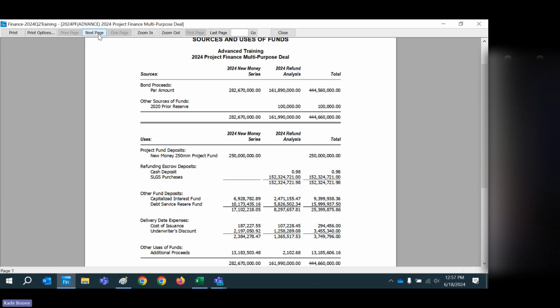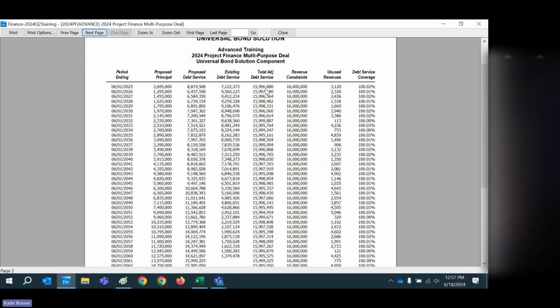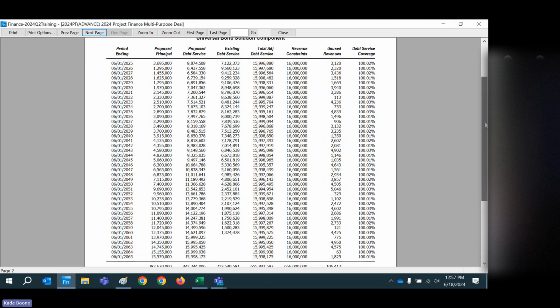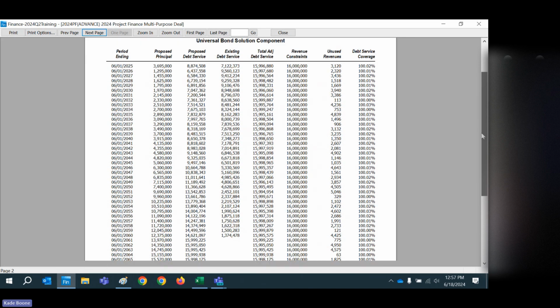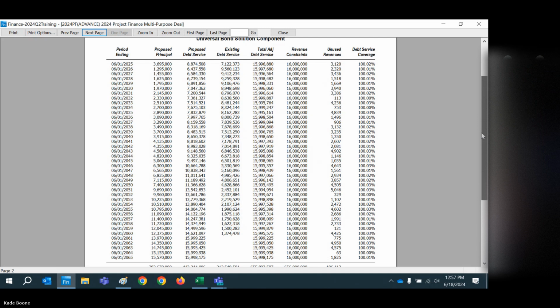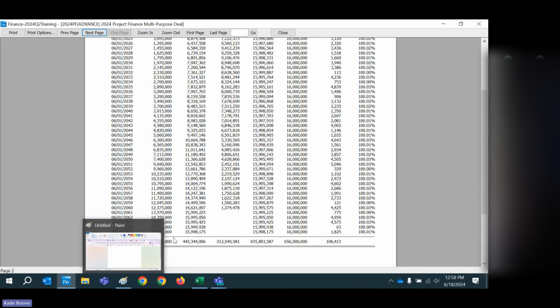We'll deal with that. But Universal to meet 16 million. So as you can see, if you view the, obviously the aggregate debt service is not level because that's not really your objective. Well, I guess it would be to make 16 million a year. But again, if you don't include certain things, you don't set it up right, it's not going to show. But you'll see unused revenues less than a bond. So this does produce this saying you only need